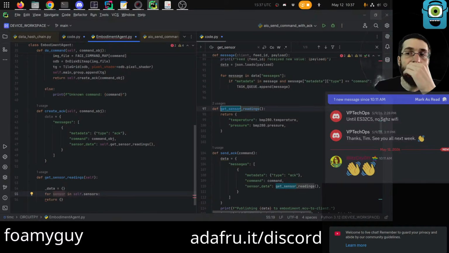And then each object is going to have an actual sensor instance that's been instantiated, and it's going to have the name of the property to call to get data from it. So for sensor in sensors,